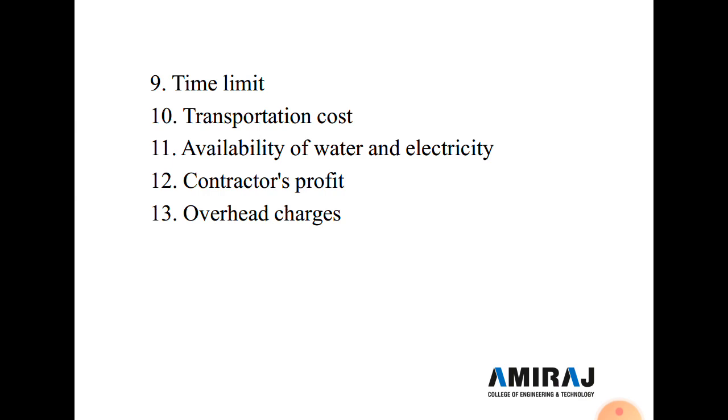If the time limit for the work is short, the rate will be on the higher side, because in a small time limit to complete this task, we compulsorily do our work in 3 shifts. In 3 shifts of 8 hours per shift, the total is 24 hours. In 3 shifts, the rate of each shift is different. In a night shift the rate is higher, so the overall cost is increased. So if we compress the time, the overall cost of the construction is increased.